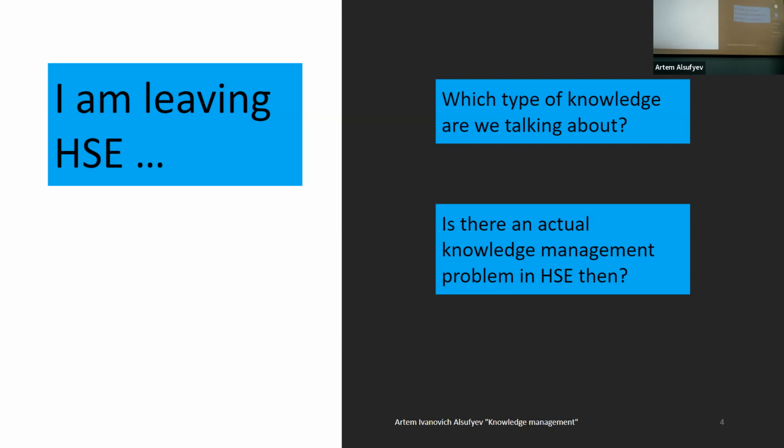So when we are saying that in the bakery, for instance, these people who work there and bake cakes leave, we do not say that there is any kind of problem. We could buy new such employees from the market, right? Teach them using specific codified guidelines, and that's it. Maybe an internship with other bakers, a short one, and you have your specialist, no problem here. But here might be a problem, a knowledge-related problem that we are going to talk about.